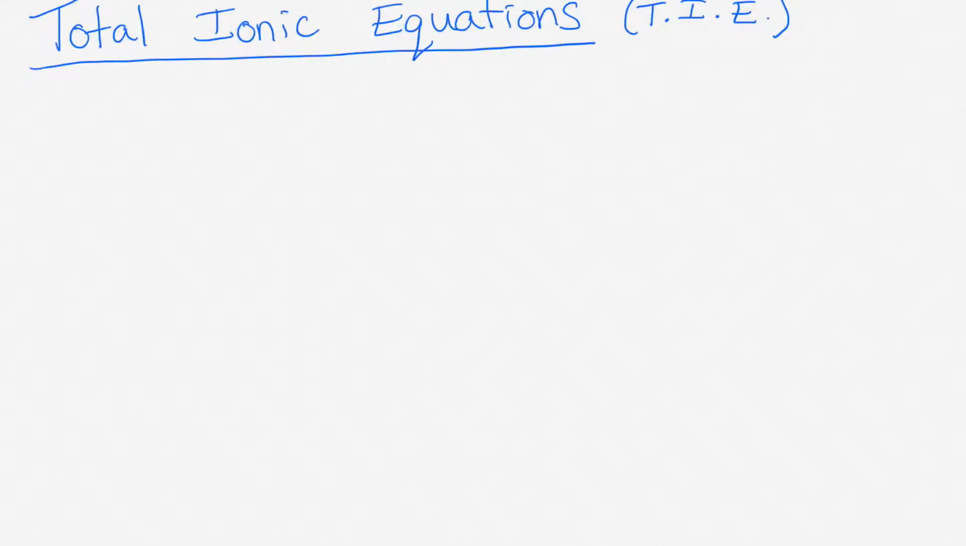So in this video, we're going to have a look at writing total ionic equations. And then we're going to have a look at something else called net ionic equations. So we're starting with total ionic equations. The first thing that we're going to do is to write out our actual reaction. So we're going to do this example with a double displacement